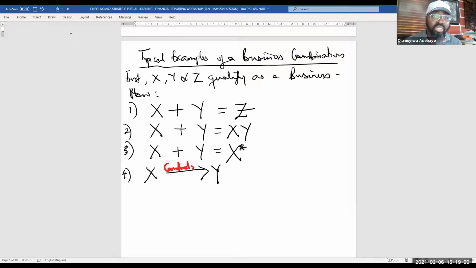Now, all of this can be considered a business combination. Why is it considered a business combination? Because what is key there is, number one, there's a business, and the transaction gives rise to a control. But what constitutes a control is a second discussion that we will have today. Now, that is that for now. Let's go back to our material.